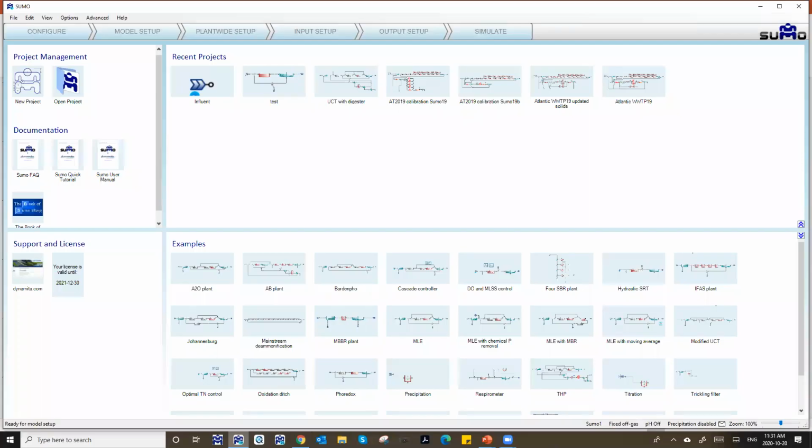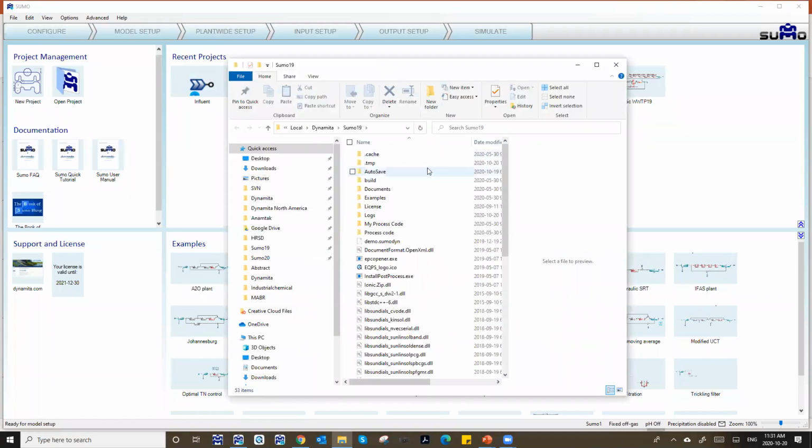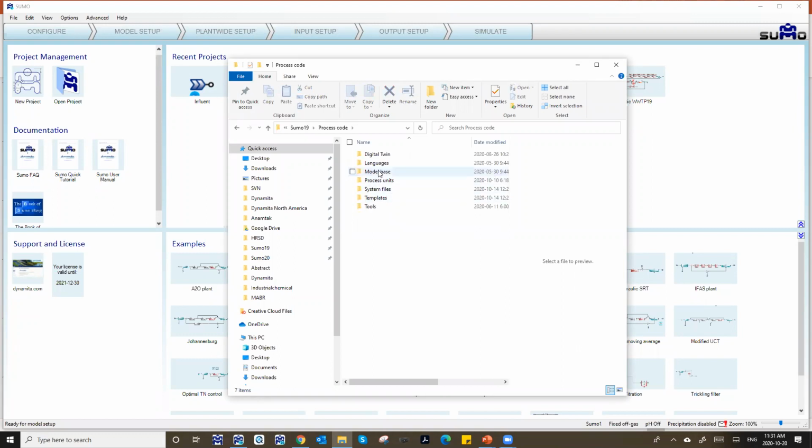Now, I would go back to SUMO. I would click on View, go to Directories, and then straight away go to Install Directory. Now you can see we have 2 folders. My process code folder is where I would like to implement this new model. But I would use an existing model structure. So I would go to process code, go to model base, go to museum. And for today's exercise, I would use the ASM1 model and modify it to include this colloidal non-biodegradable substrate. I would simply copy this,